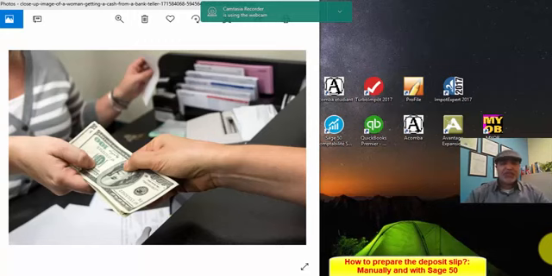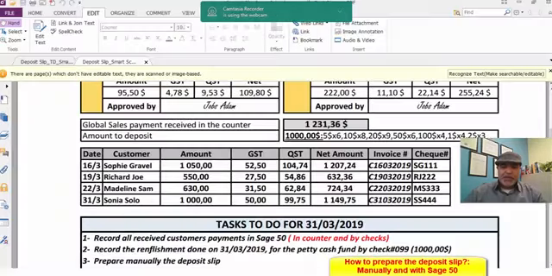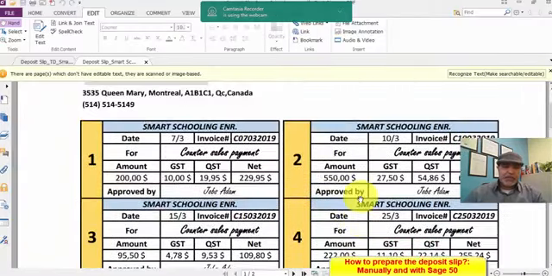Today I will show you how to prepare the deposit slip, which is part number 2 of the competency syllabus handling cash. To do it, we will work on a small exercise, a small practical case related to